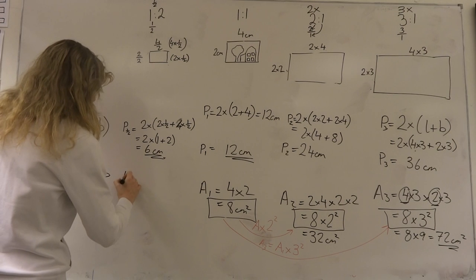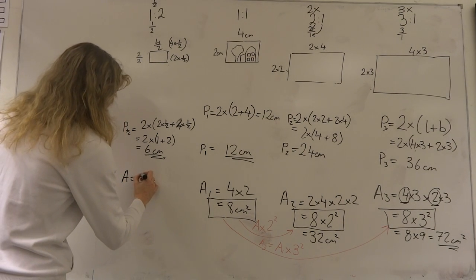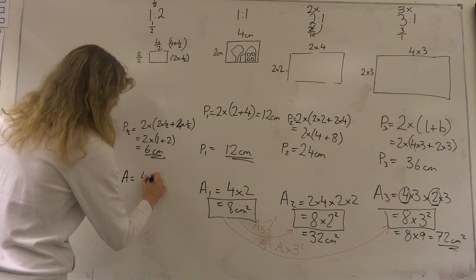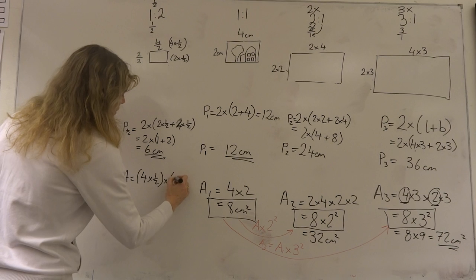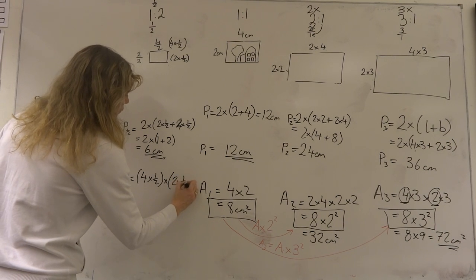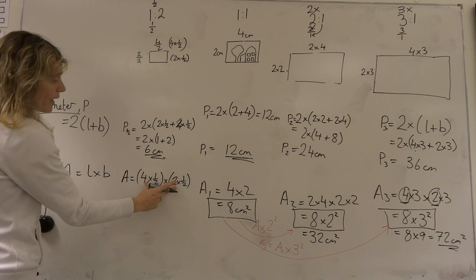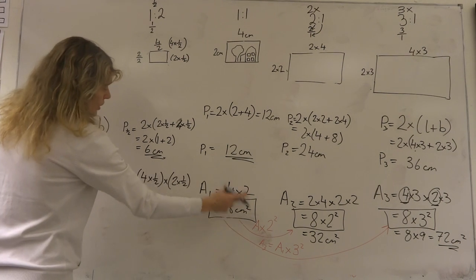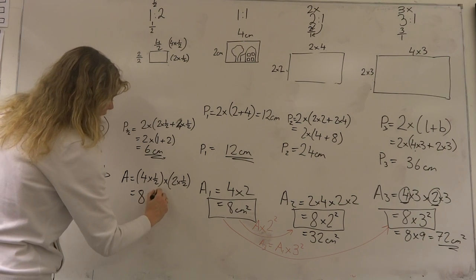Well, we know that the area will be the length times the breadth, and the length is 4 times a half, and the breadth is 2 times a half. If we isolate our 8 centimetres squared, which we're trying to get because that's what we had as our original area, 4 times 2 is 8, and we get a half